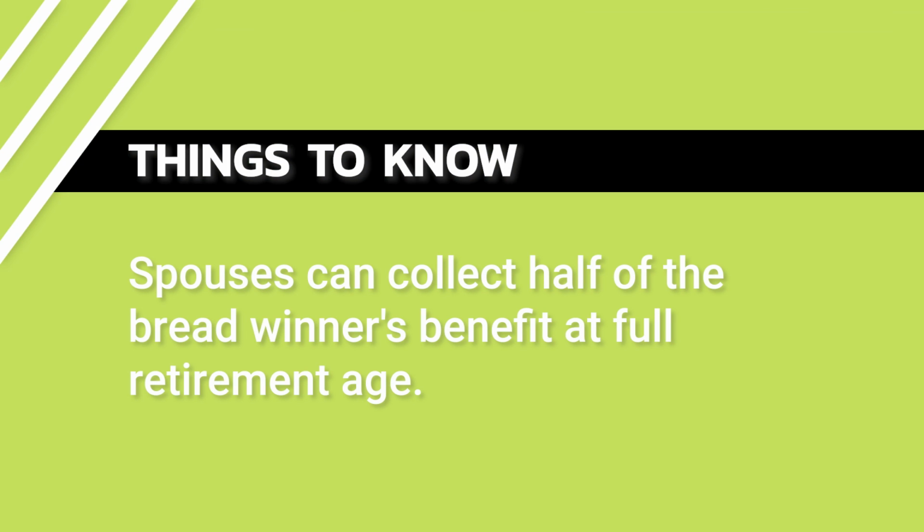And so there's just a lot of things that married couples need to understand. It's almost like, compared to one person, it's not just twice as many options, it's like 10 times as many options. Yeah. And the second thing, spouses can collect half of the primary breadwinner's or the higher income earner's benefit